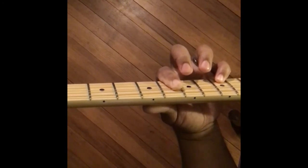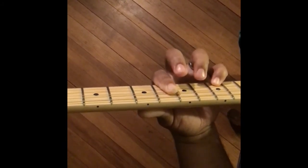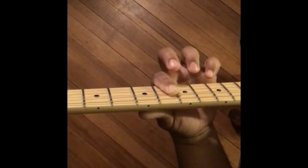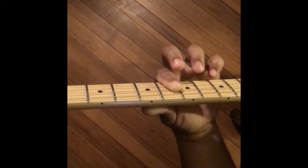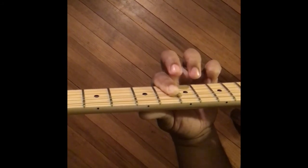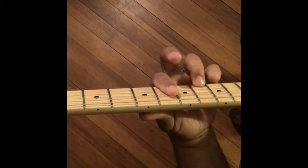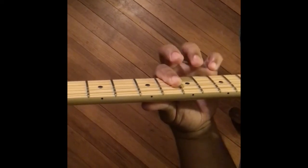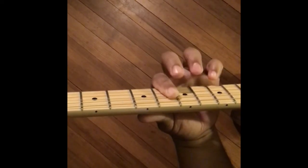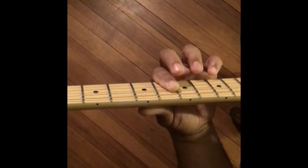And if you look at my strumming hand, my right hand, you'll see that I am strumming that. I strum down and I pick it. I can pick it or I can pull off. You can do it either way, whichever one, up to you. Back to my left hand, you see how I make that? So hammer on, pull off. So once you got that trill down,